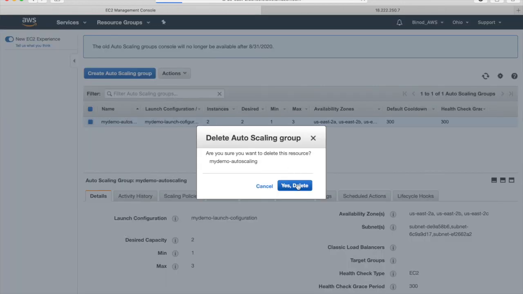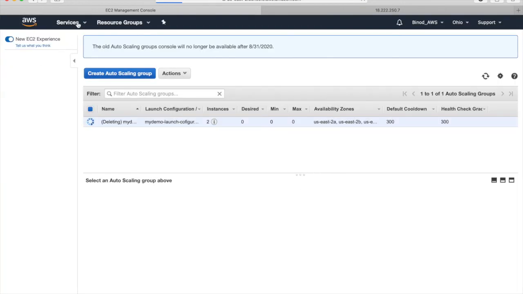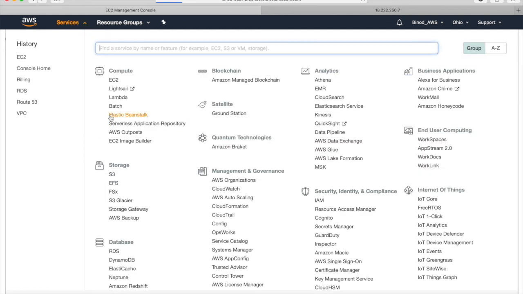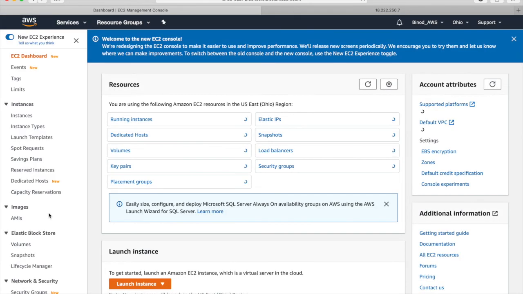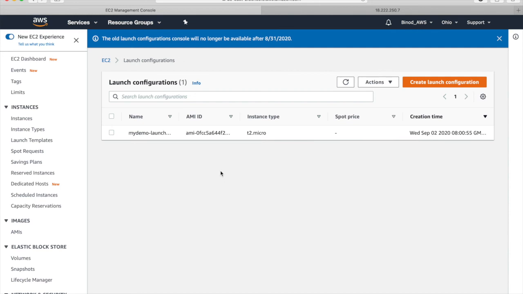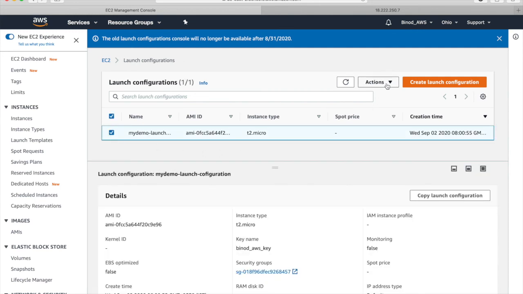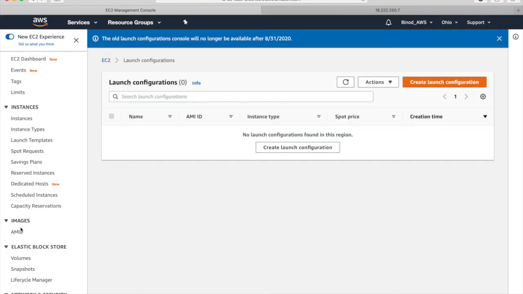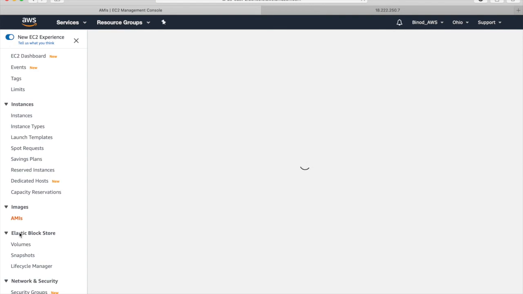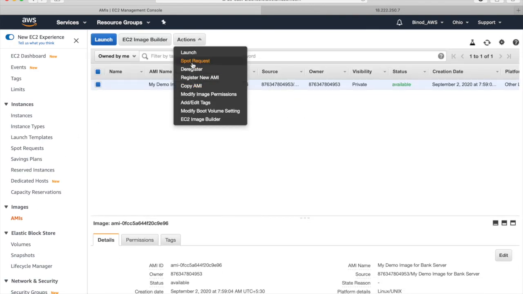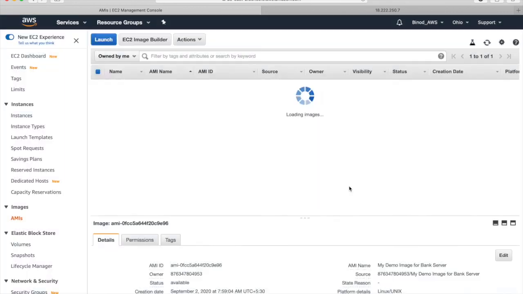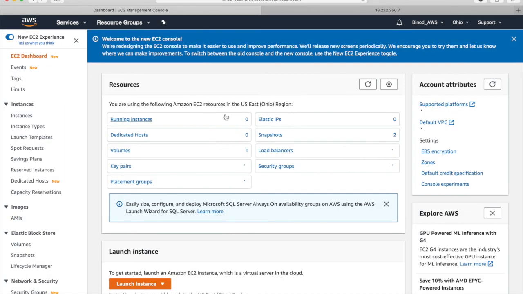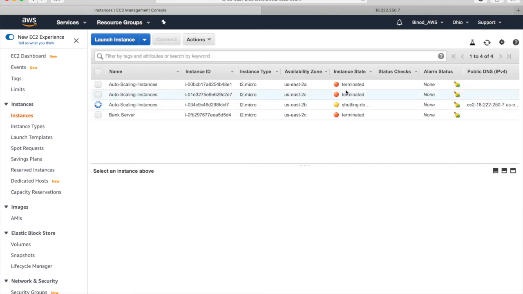The moment you say delete, if you come to the launch configuration, now you have no use for it either, you can delete it. This AMI is also not needed. Now we can deregister it. And now you go to the EC2, all the instances are terminated, right? They should shut down because you deleted the auto scaling.